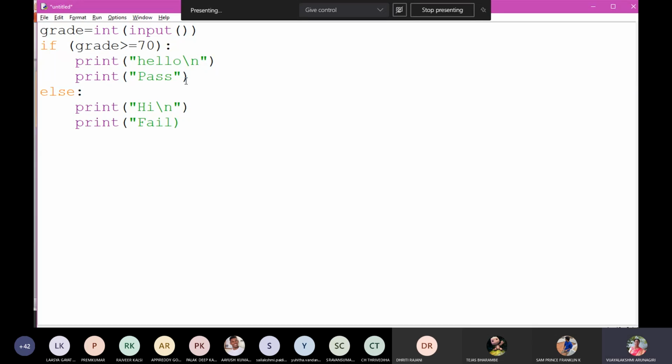Okay, this is a small program I have written. If the grade given as input is greater than or equal to 70, what output will we get? Hello, pass. If the grade value is less than 70, then I fail. This is the output I want. I understand how I have given if and else; I and E should be in the same column. These two statements are the true statements and these two statements are the false statements. These two statements should be in the same column and the false statements also should be in the same column.